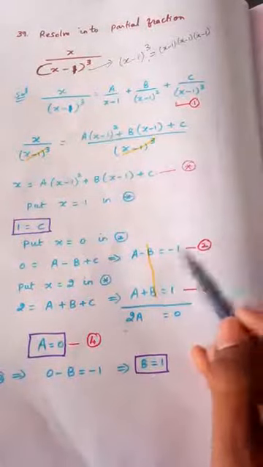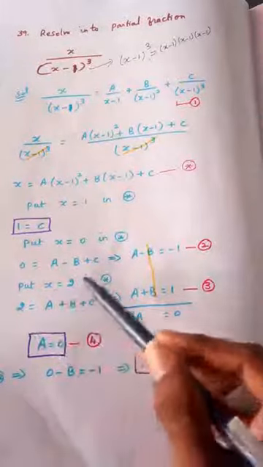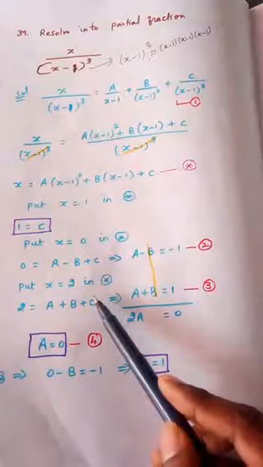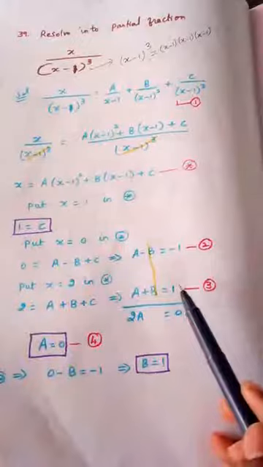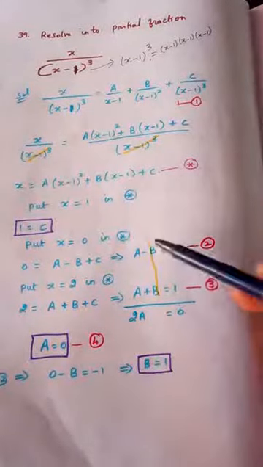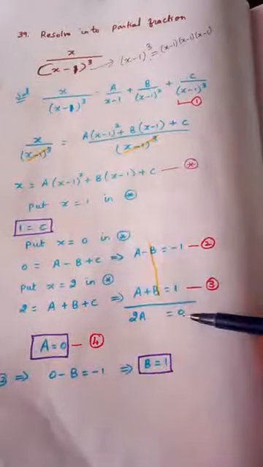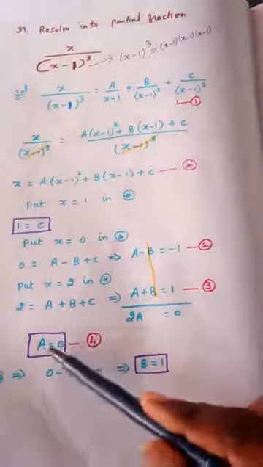Second equation. Put another value, you will get one more equation. X equal to 2 in this first equation. Simplify, you will get like this. C is 1. So when 1 goes to other side, minus 1. 2 minus 1 is 1. Now this is 2 and this is 3. Solve these two equations. Minus b plus b will get cancelled. A plus a, 2a. 1 minus 1, 0. So a is equal to 0 by 2, 0.